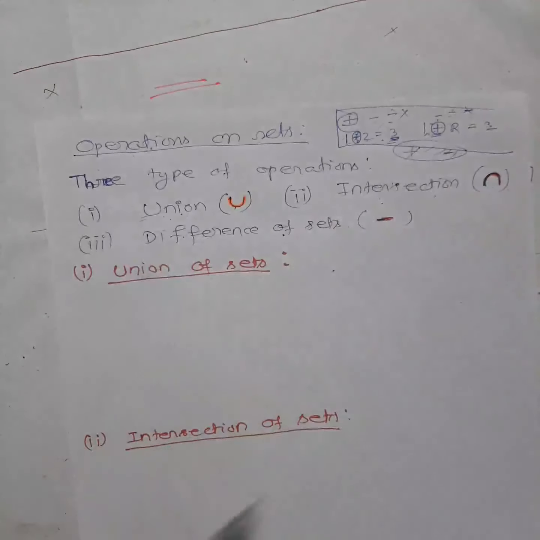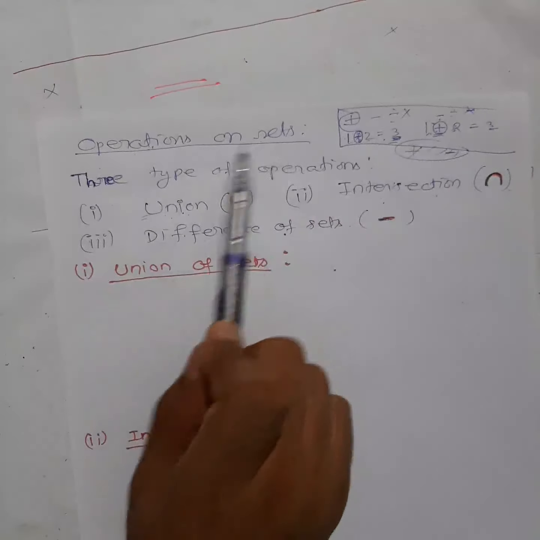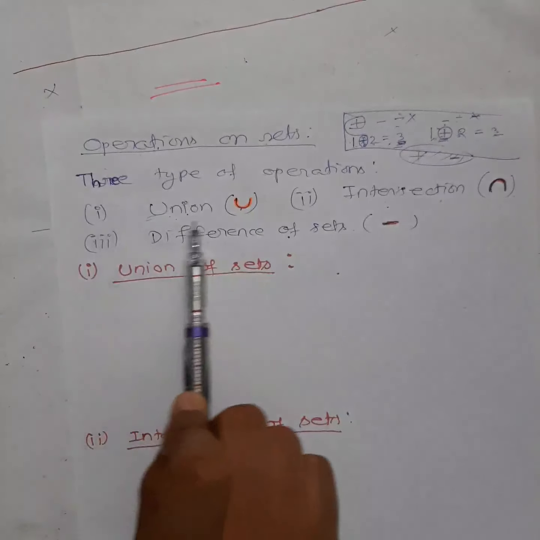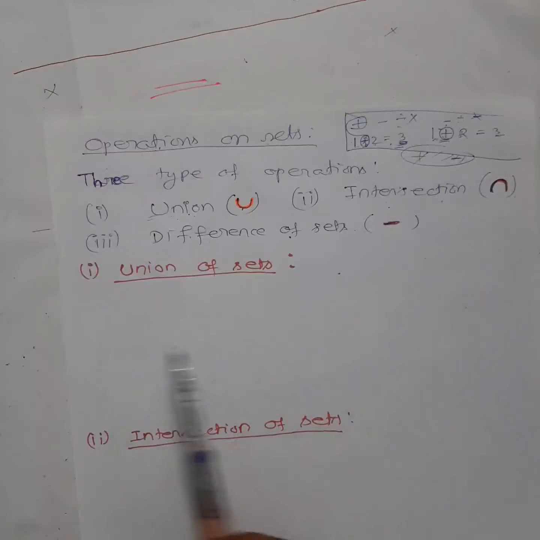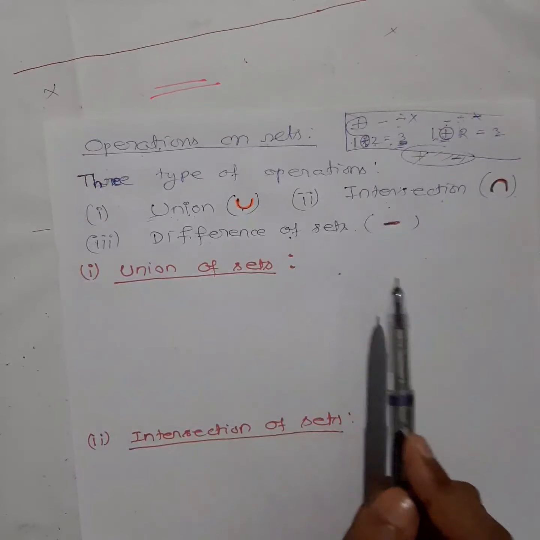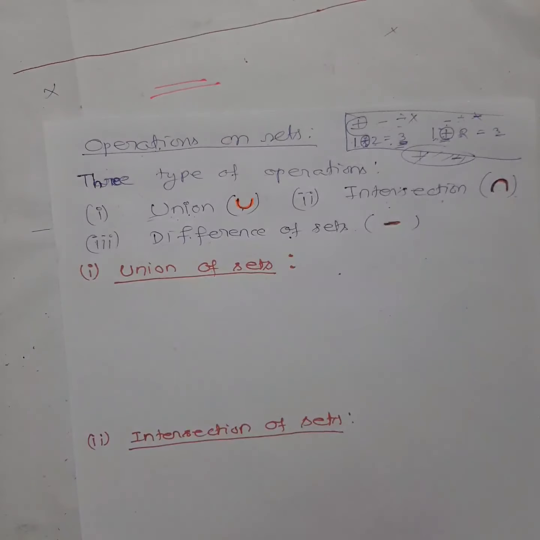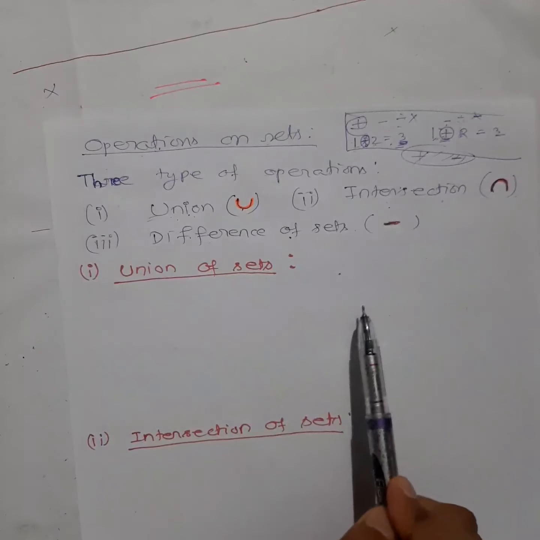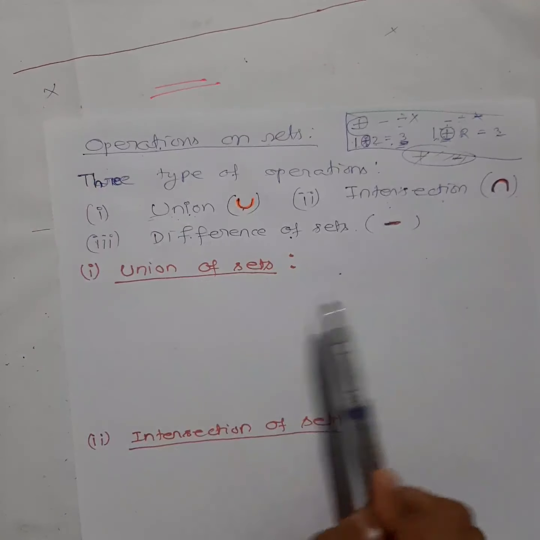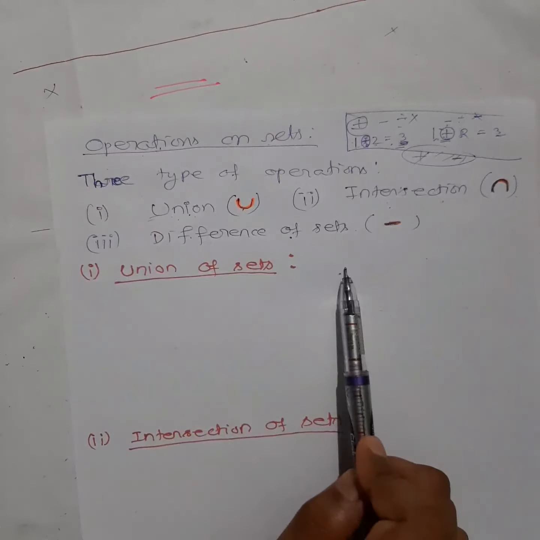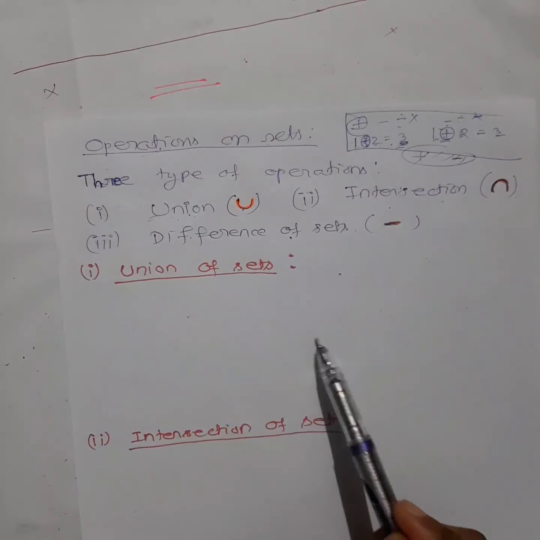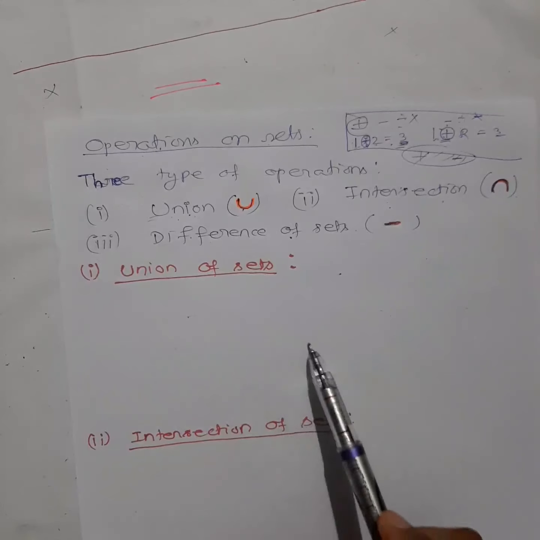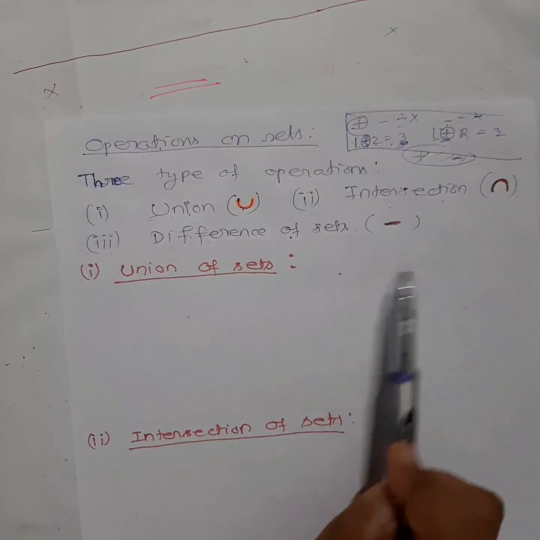Okay, so make a note where you write down operations on sets. Write down the three types of operation. Then union of sets, whatever definition I am going to give now, is in your textbook also, right? You can write from there also. But as I said, always try to understand with the help of an example, not with the statement. If you try to understand only from the statement at first, you might get confused. So whatever example I give here, try to understand from there, then study the statement.